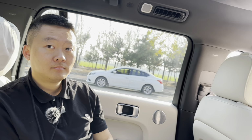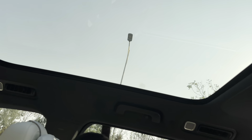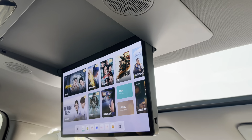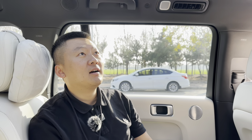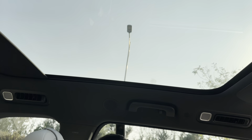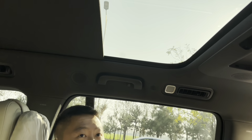So the sunroofs, this one doesn't open, right? The front one doesn't either. None of the sunroofs open, but we have a sunshade. 理想同学， 二台你好， 把这个关上。 正在关闭后遮阳帘，注意哦， 退下。 拜拜。